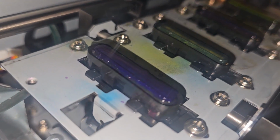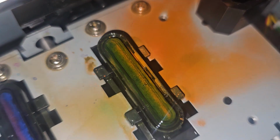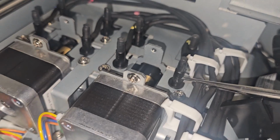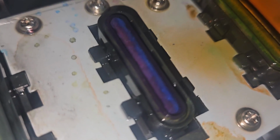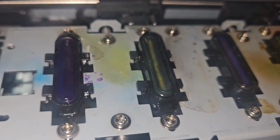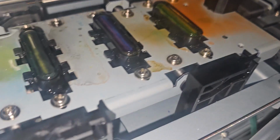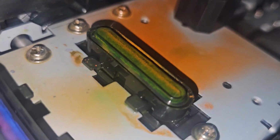As you can see, they're all holding cleaning solution, with the exception of orange. Orange isn't working very well, so I'm going to see what I have going on there. I've kind of pinched them all together, so maybe it isn't, well, this looks like the CYAN, or the light CYAN, isn't holding the solution. But all I'm really worried about right now is this head, but I'd like to soak them all at the same time. Nothing wrong with soaking your heads for preventative measures. So I'm going to figure out why it isn't holding the solution. Well, I guess it is in the CYAN. I guess the way I was holding the camera made it look like it wasn't, but the green and orange